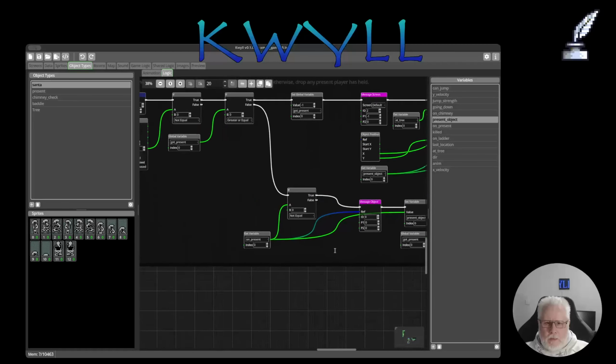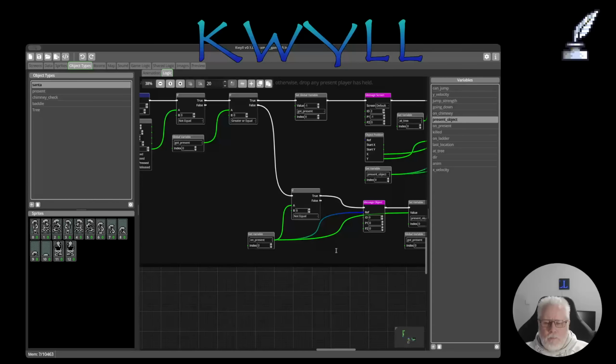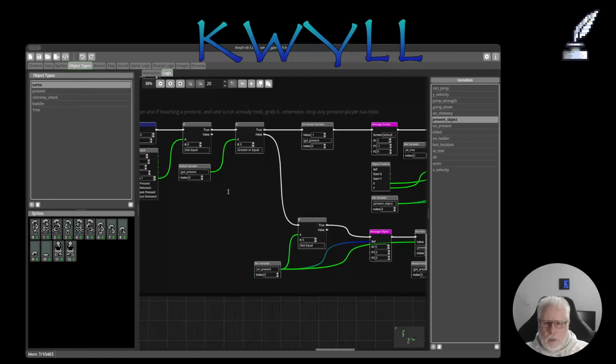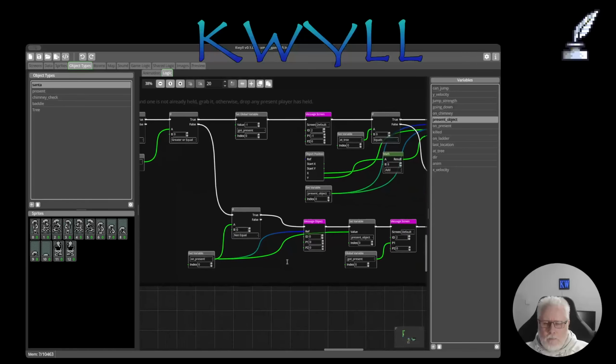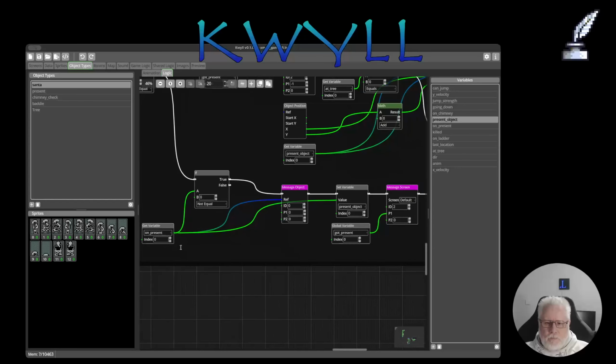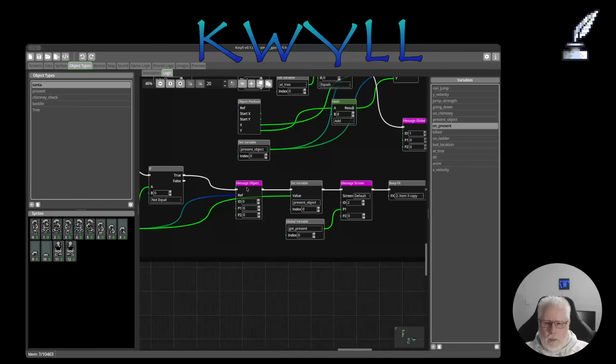And the last thing down here is if you haven't got a present, then it checks to see. So this is basically you've pushed the fire button when you haven't got a present, so you're not dropping a present anymore. It'll check to see whether you can actually collect a present, i.e. are you standing on top of a present at the moment. And that's defined by the value of the on-present variable, which you saw changing when I was standing over the teddy bear. So if you are on a present, it will message the present